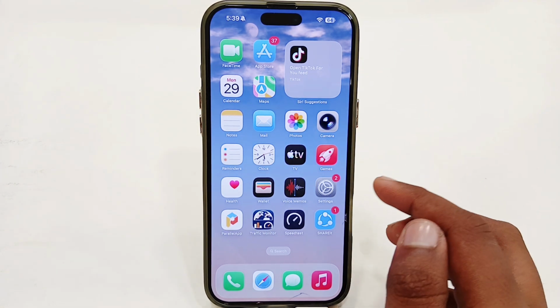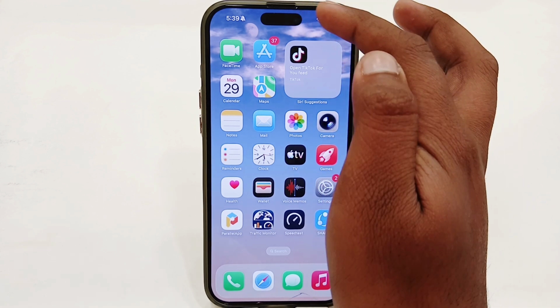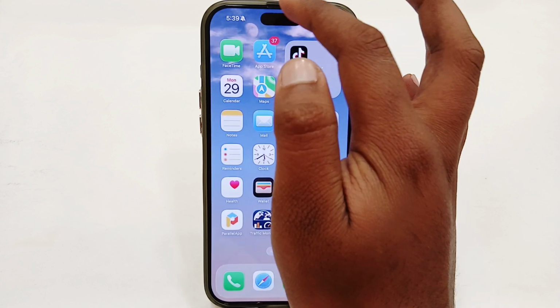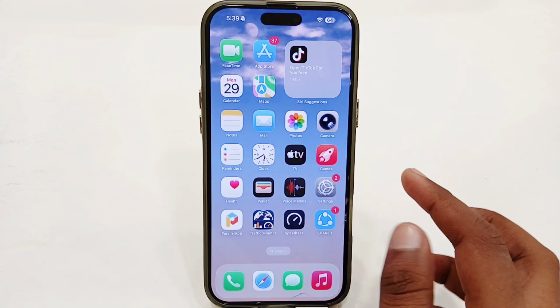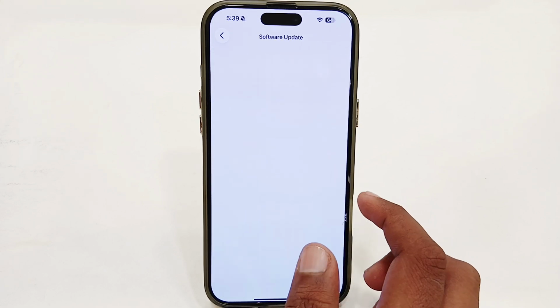So the very first thing, you just have to make sure that your TrueDepth camera is clean. There's not any dust or dirt inside your TrueDepth camera. If you find any, just try to clean it. Once you have cleaned it, open your Settings app, go to General, go to Software Update, and just try to